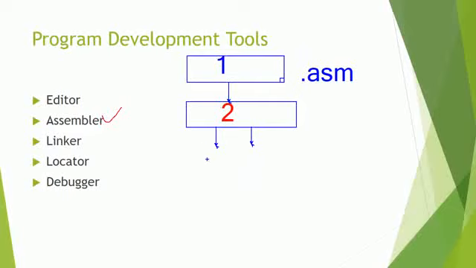Okay, now one file extension is creating two files. One file extension is .obj. File name is not changing. If you want a more specific one, my file name is f1.asm. This assembler is converting your f1.asm file, accepting the input file as f1.asm, and creating two files with two different extensions.